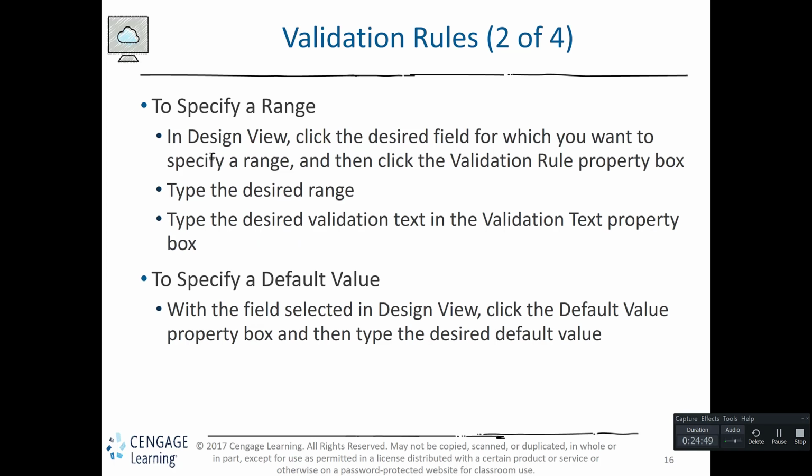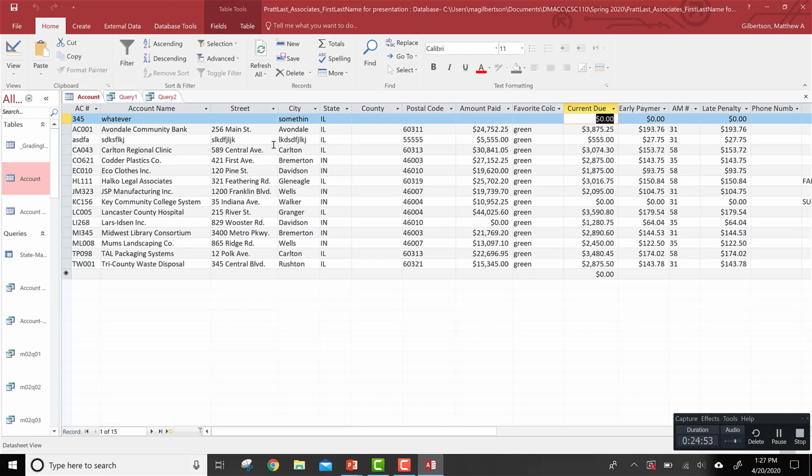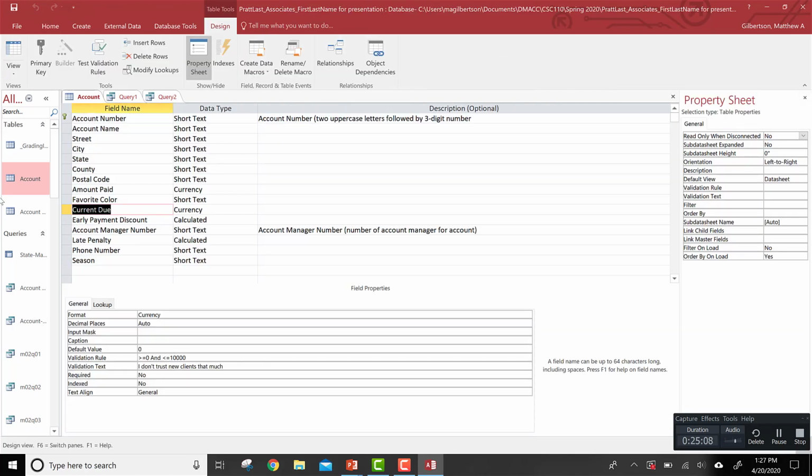I can also specify a default value in the same way that I've essentially done the range. Maybe I want to have a default value of, I don't know, amount paid 0 when you create a new record because they haven't paid me anything yet. I mean, that kind of makes sense. I'll take this into design view and I'll go to the amount paid field and then you can see there's a default value here. I'm going to put a default value of 0 in, because when somebody's a new client, they haven't paid me